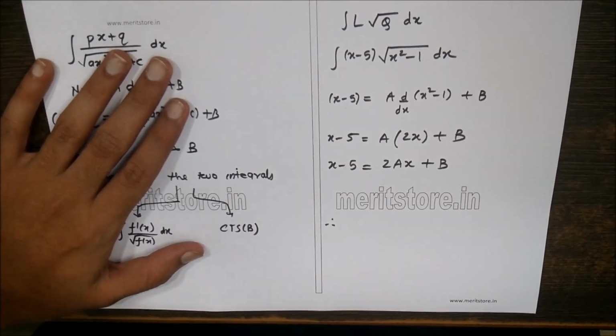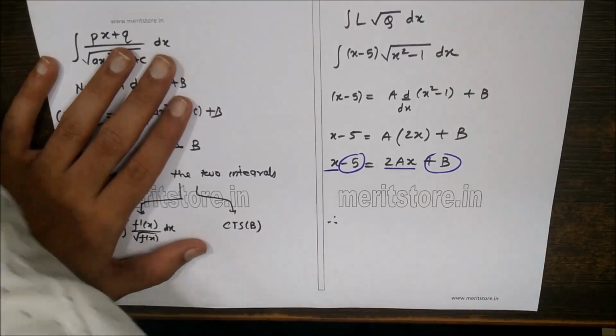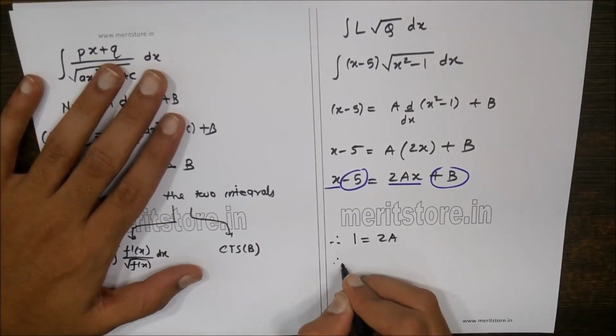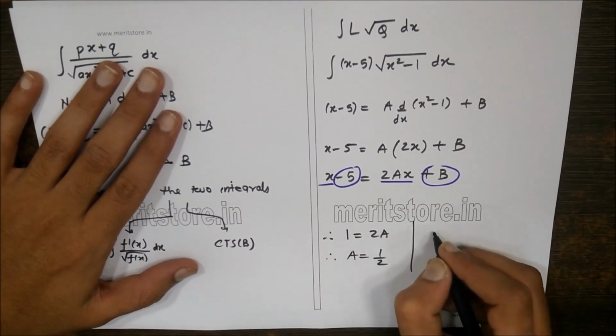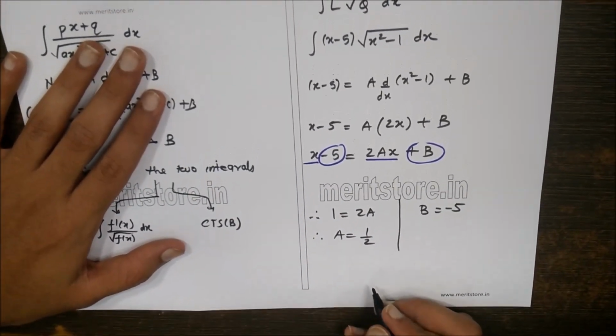Comparing the like terms, x with the x and the constant with the constant, 1 equals 2a, and therefore a equals half. b equals minus 5, and therefore